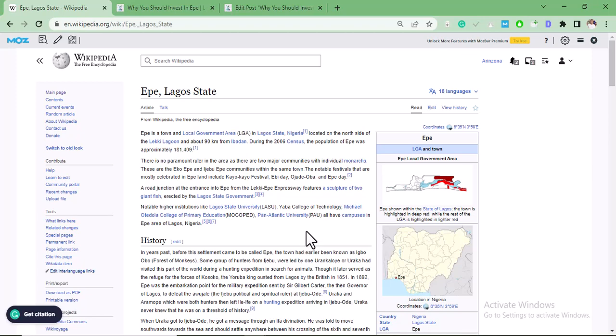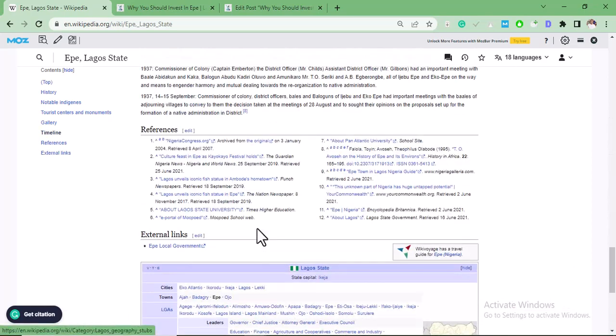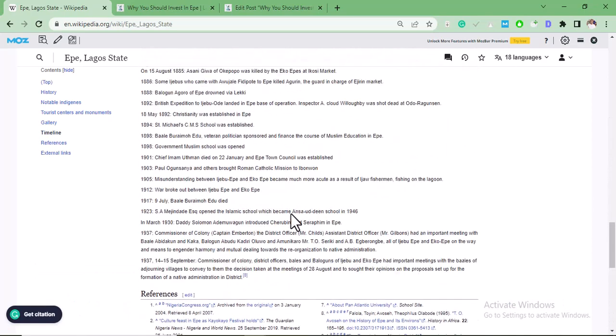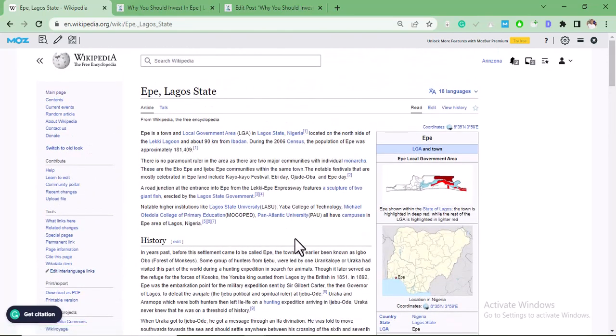Welcome to this video. In this video, I'm going to show you how to edit a Wikipedia page, that is this page, how to edit it and add your website URL as the reference point. So I'm going to show you from start to finish how to go about editing a Wikipedia page and adding